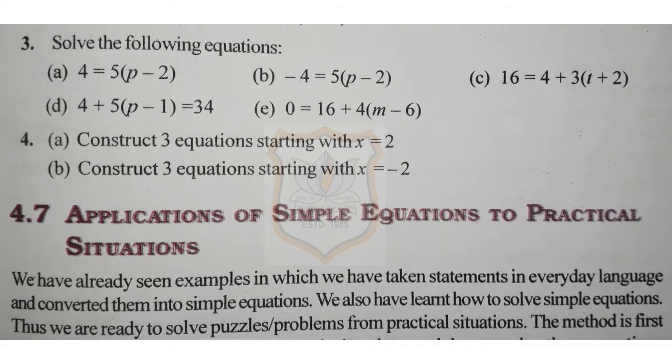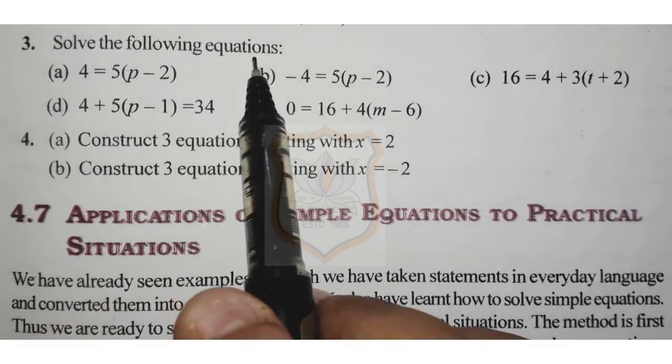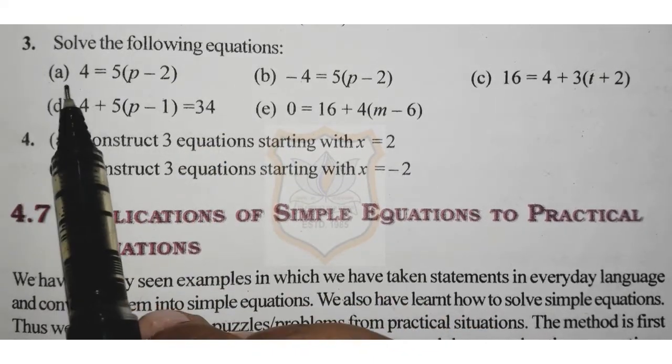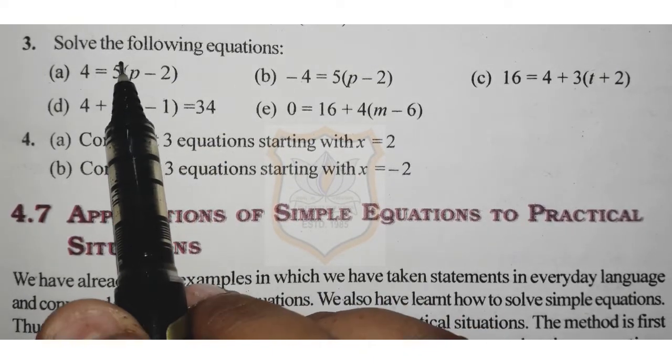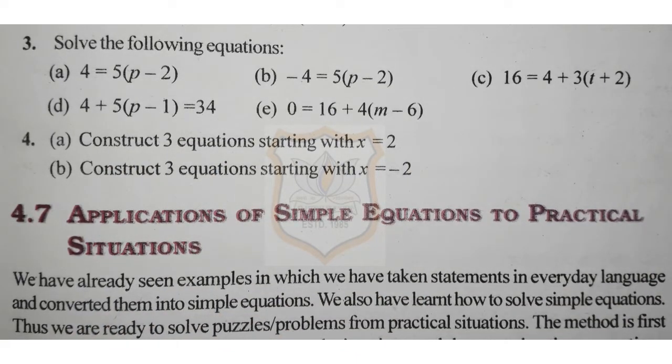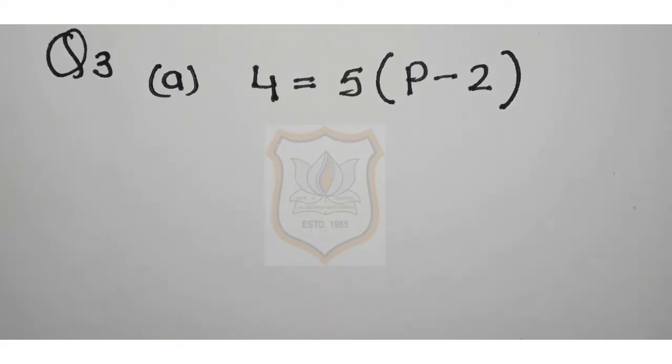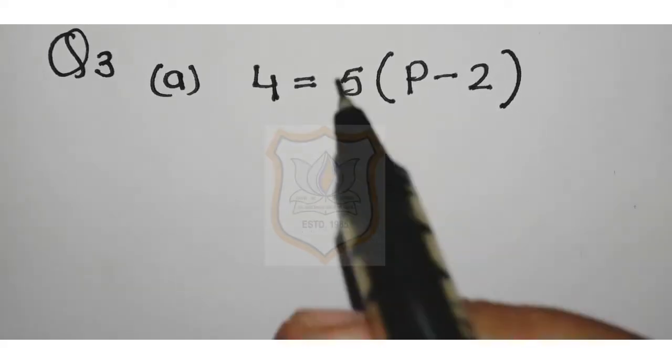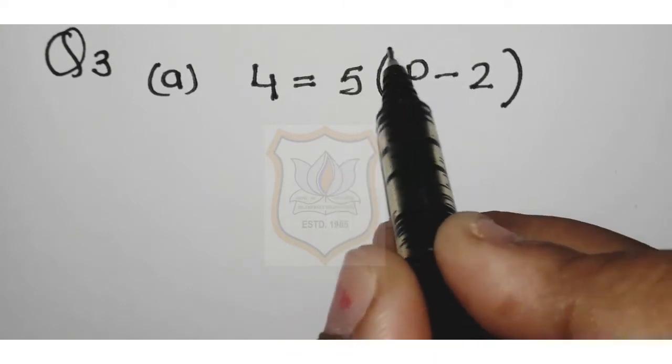Students, today we are going to start our video with question number 3 of exercise 4.3. Question number 3 of exercise 4.3 is: solve the following equations. A part is 4 is equal to 5 bracket p minus 2. So let us solve A part of question number 3, and that is 4 is equal to 5 bracket p